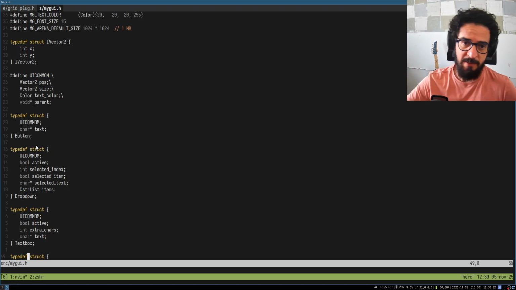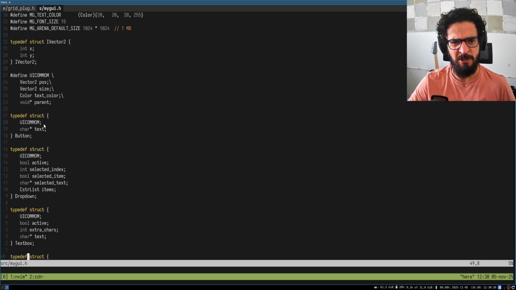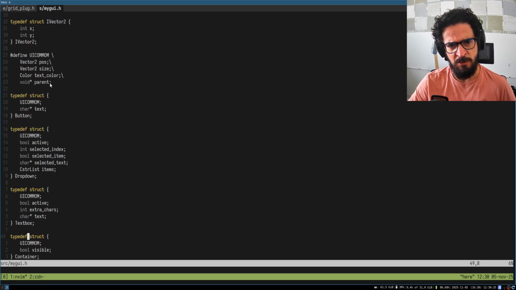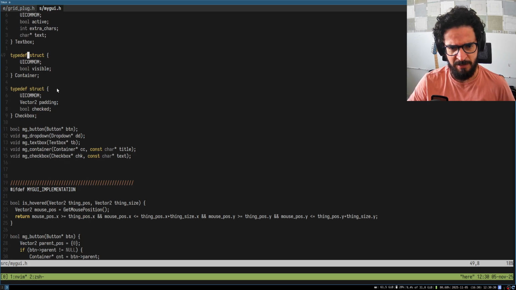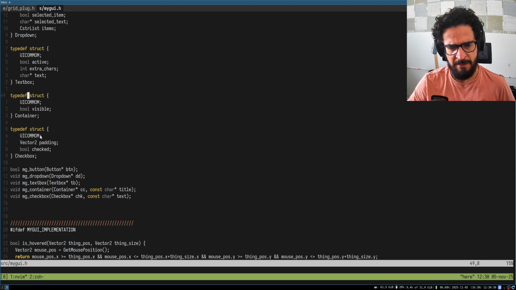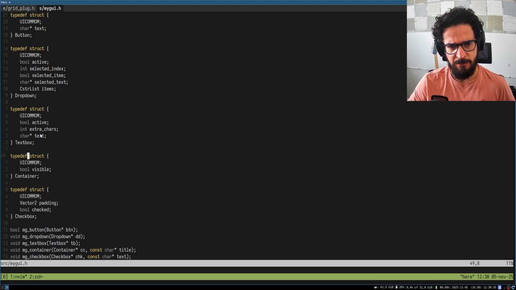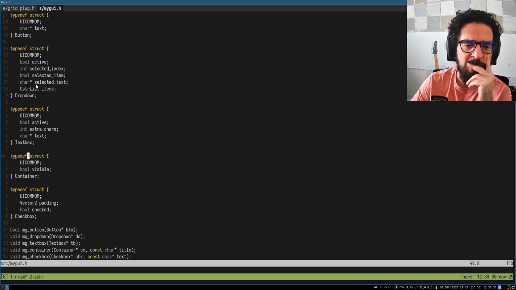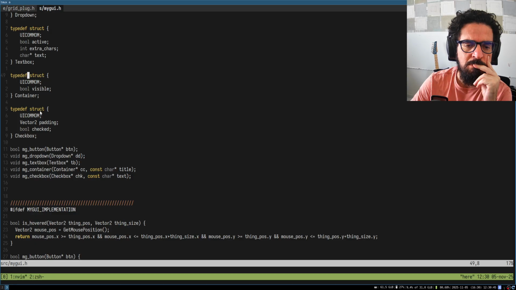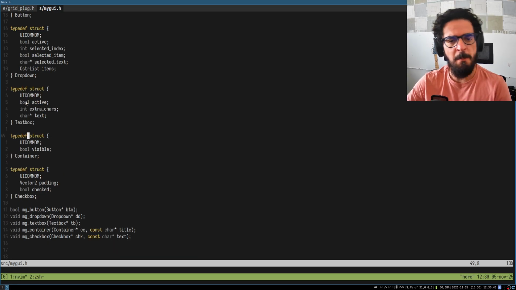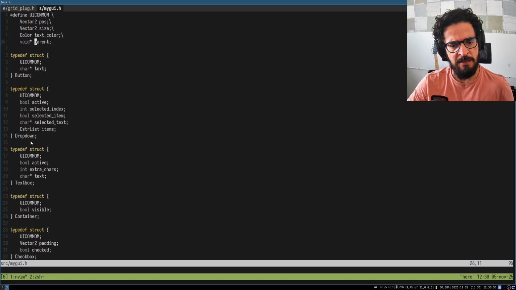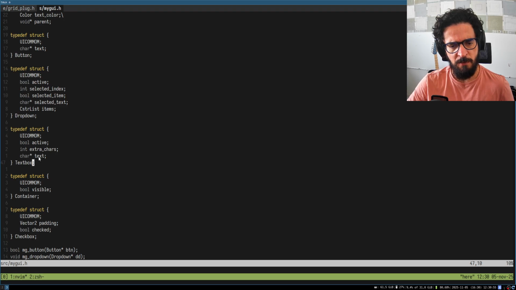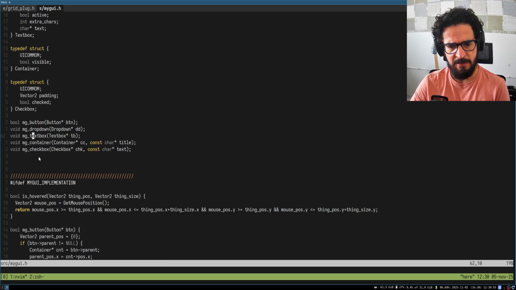It will break the code structure behind the immediate mode graphical user interface. But what can we do to achieve that? Okay, parent, text box, when this is pressed,